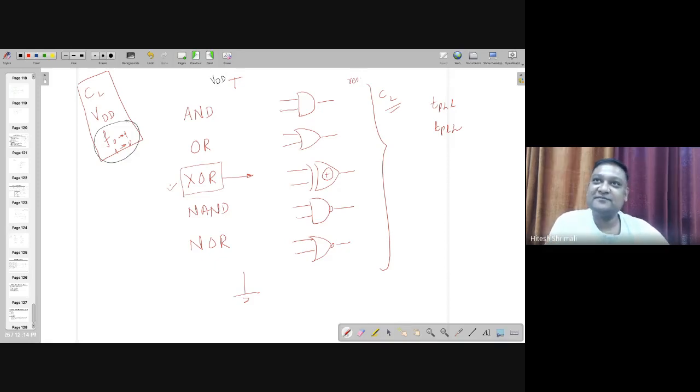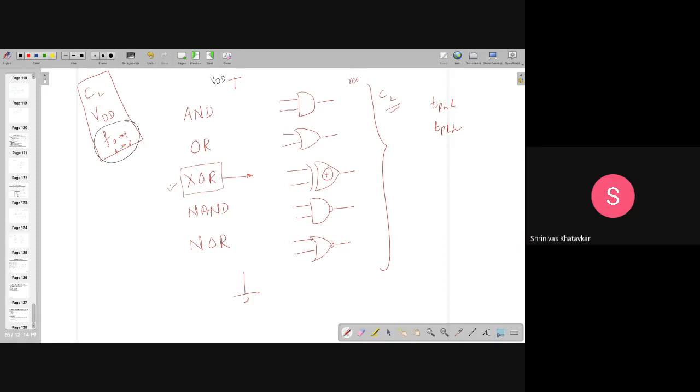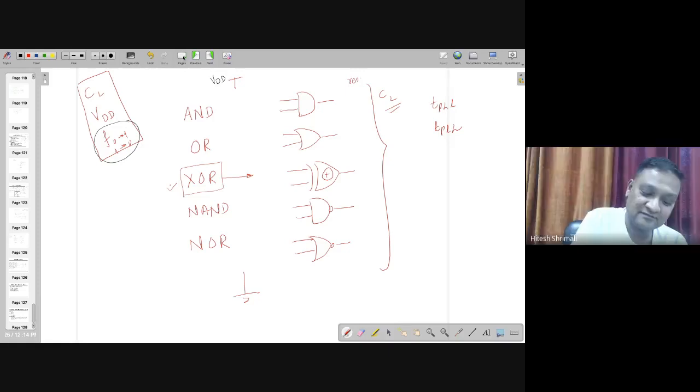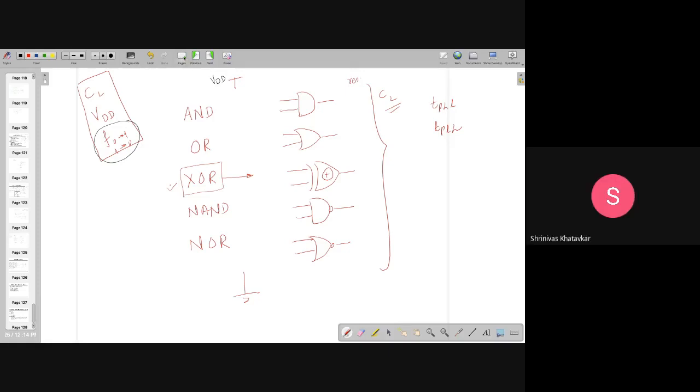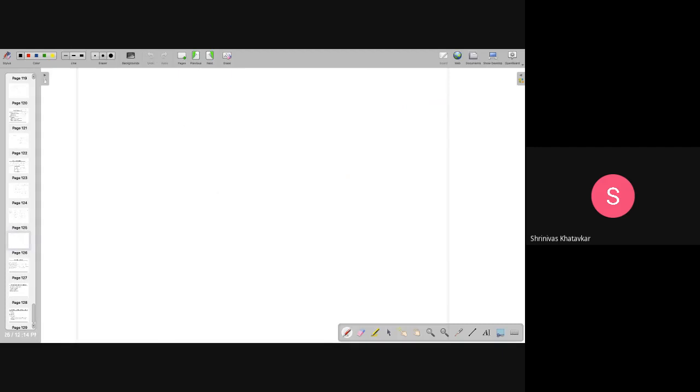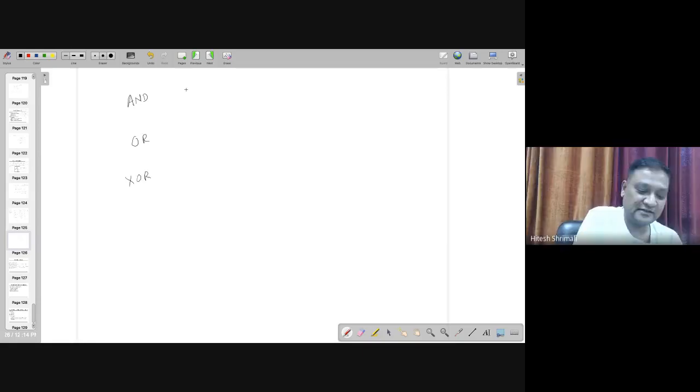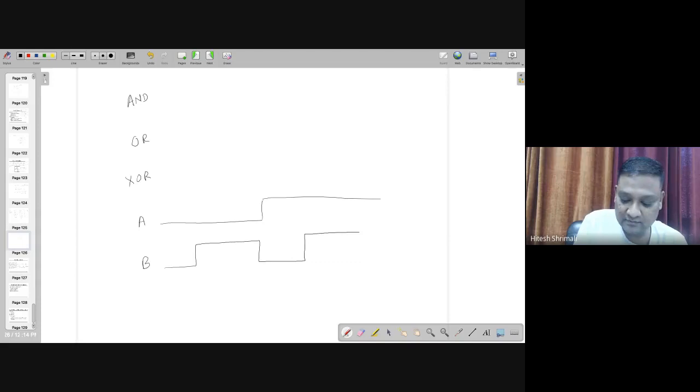Divya. Sir, if we look at the truth table of all the gates, in most of the gates the output is the same for three of the input combinations and different for one input. But the XOR gate has a more evenly distributed set of outputs. Yes. So the AND gate has two inputs, like this.